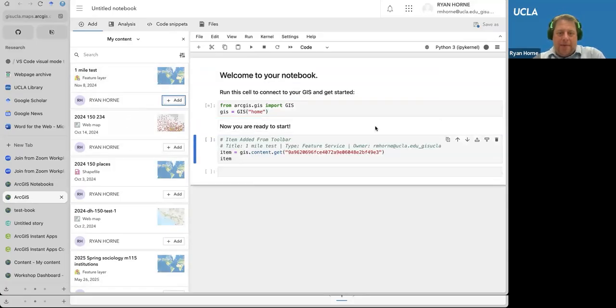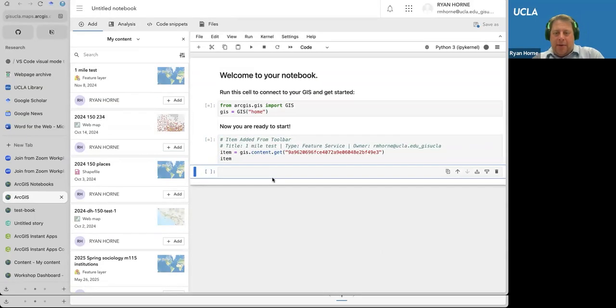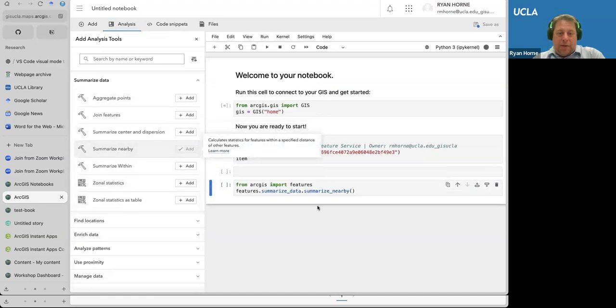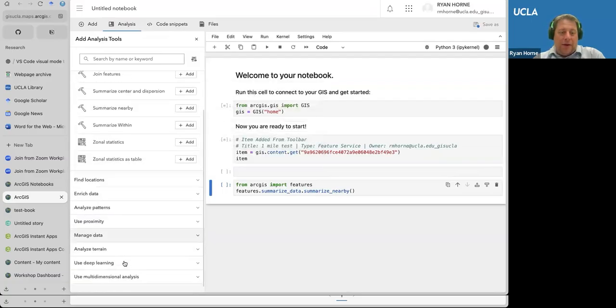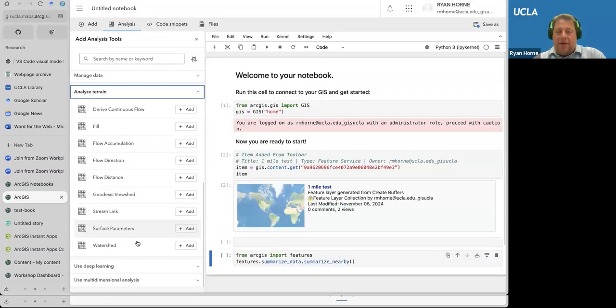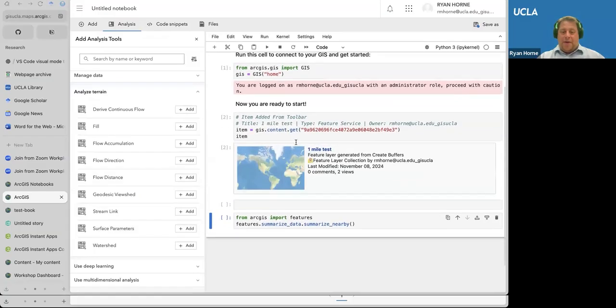I can add a map. And look, it does the Python for me. I run that. I get the item content up there. As soon as it runs, you can do analysis on it. So you can run the summarized data. You can add different kinds of tools, find locations, analyze terrain. You can do all these kinds of things in a Pythonic environment now, which is great because you can also